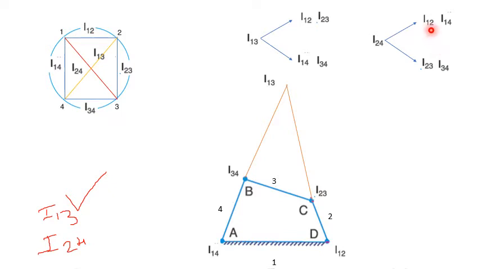For the upper triangle, I12 and I14, we have to continue this line. Where is I12? This is I12 and this is I14. So draw a continuous line which passes through these points and extend it. Next, coming to the lower triangle, that is I23 and I34. This is I23 and I34. Along these 2 points, draw a line and extend it till it reaches the other line. The intersection of these two lines is nothing but I24.